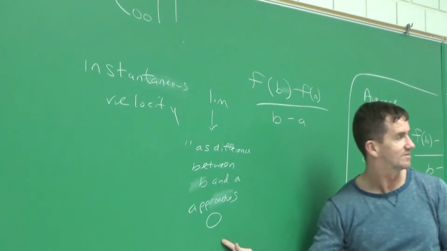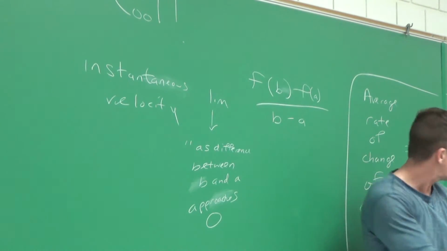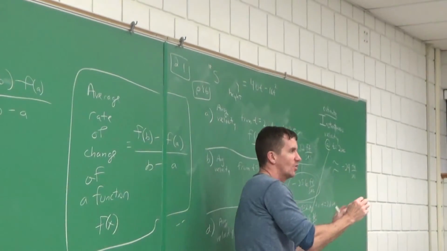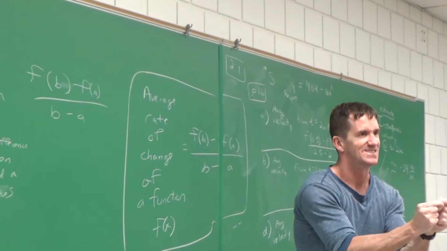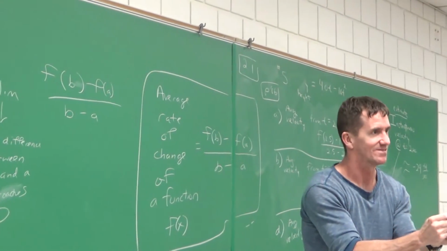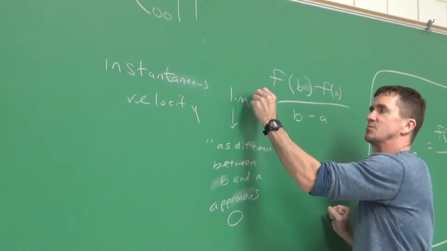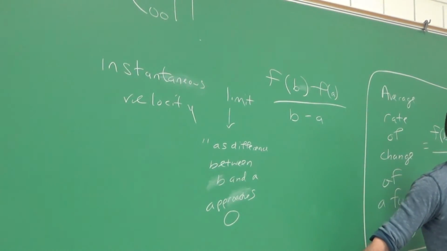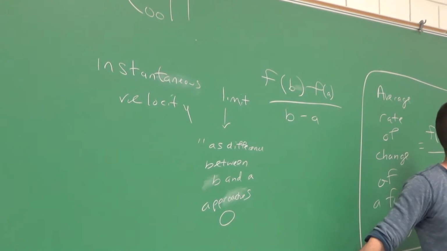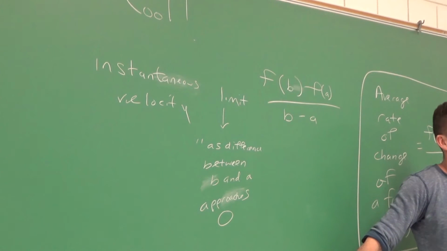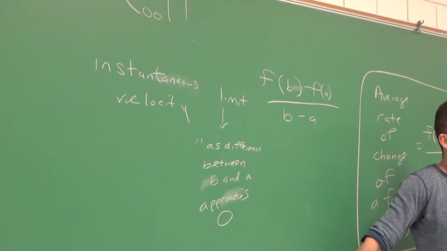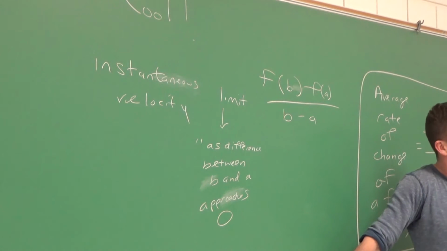The difference between the B and the A, that little difference we had there, it was approaching what difference? A difference of 0, right on top of each other. So this is the word LIM for limit, and that's what we're getting to. So the next section deals with limits. We'll spend the next 3 sections just on limits. It's the building block to all of calculus, it's that foundation.